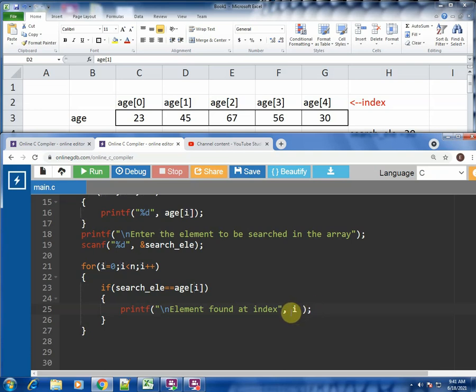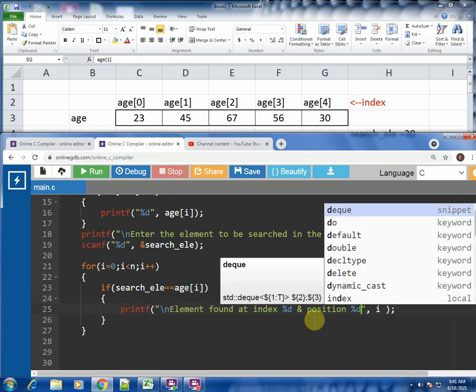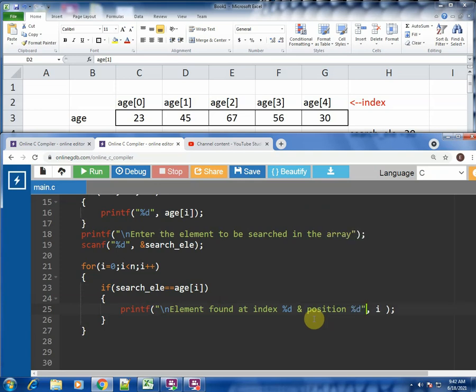Now what if we want to print also the position? So element is found at index so and so, so we need to put %d over here. Index so and so, and position so and so. How would we print position? If index is represented with I, then position would be I plus 1.